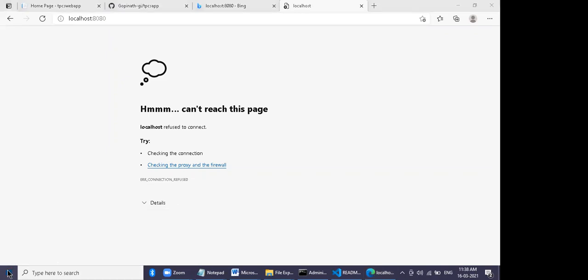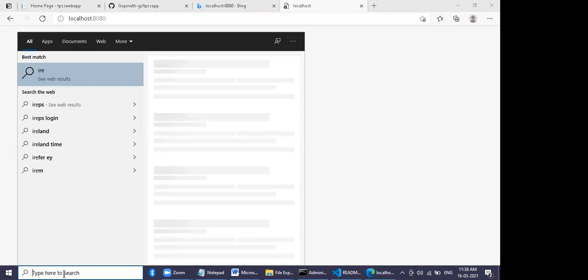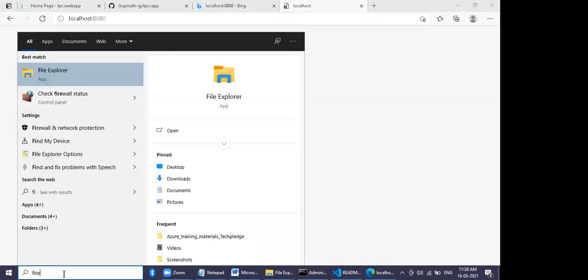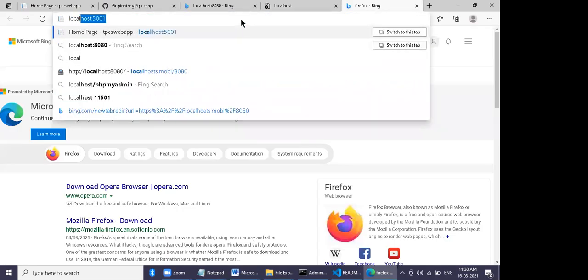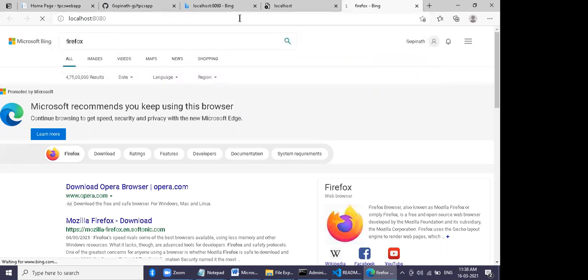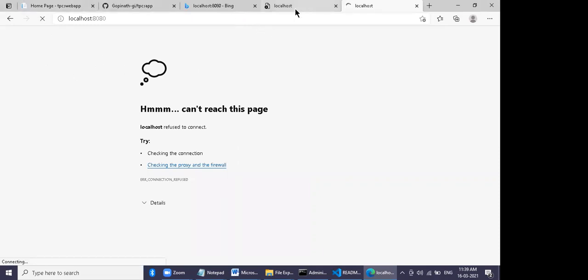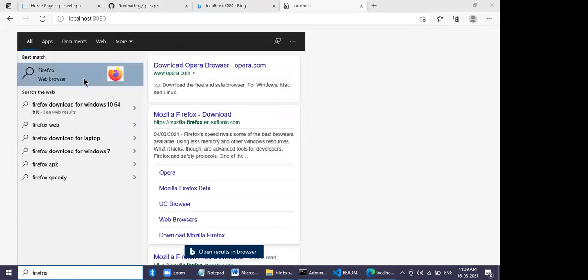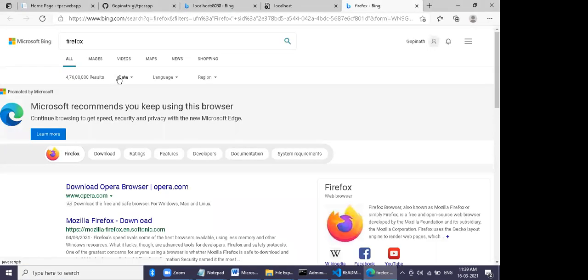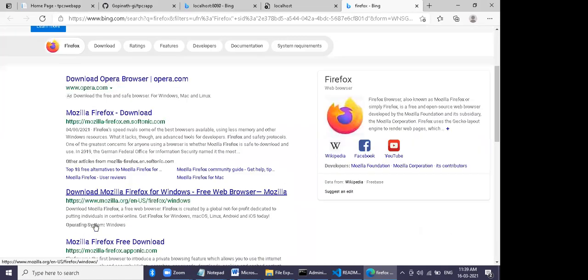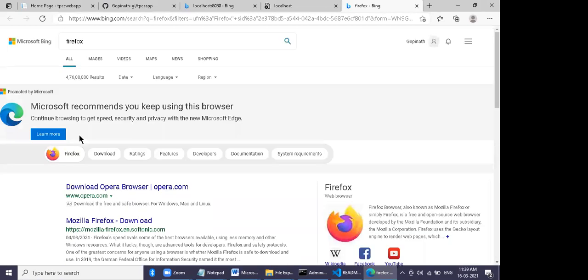I think it is in Firefox, right? Let's check in Firefox. Just type localhost, you will get it.